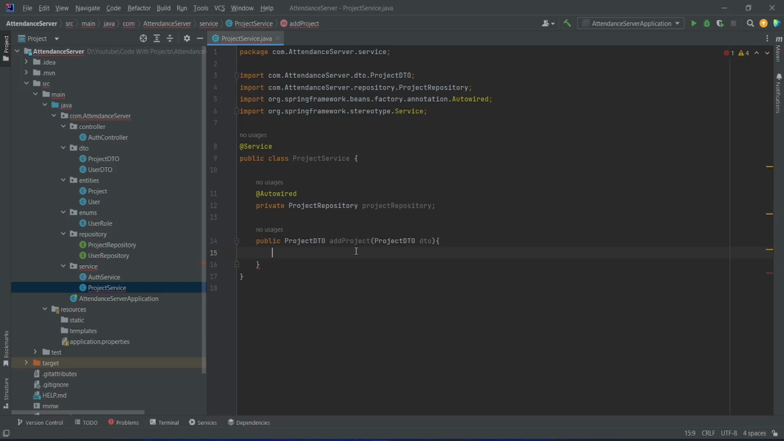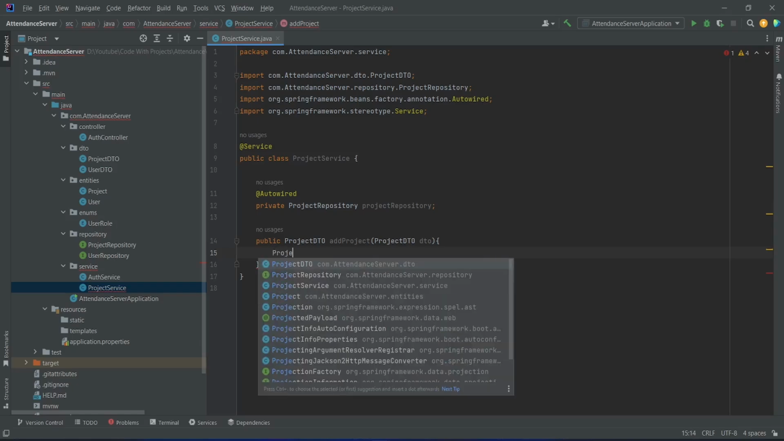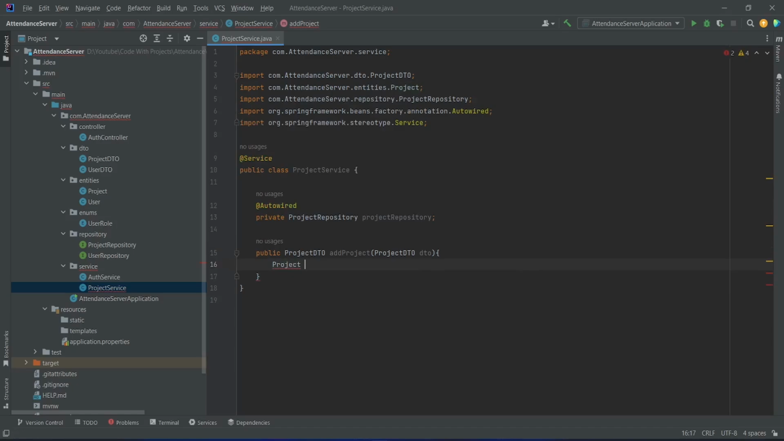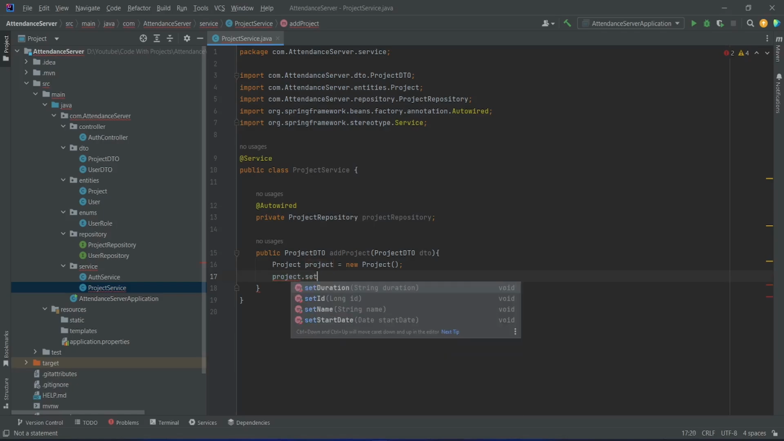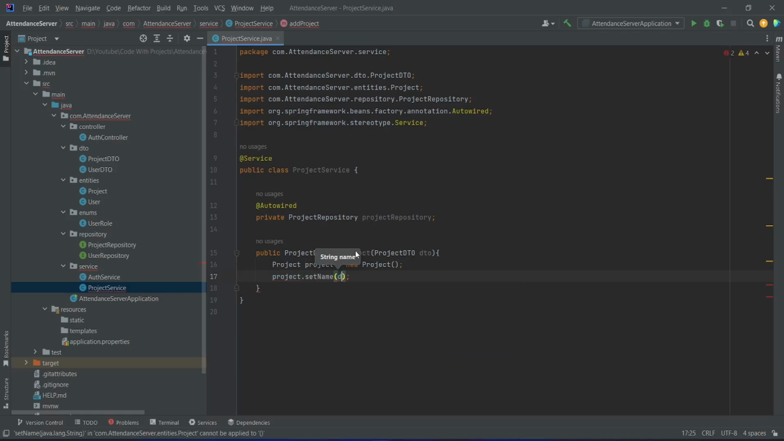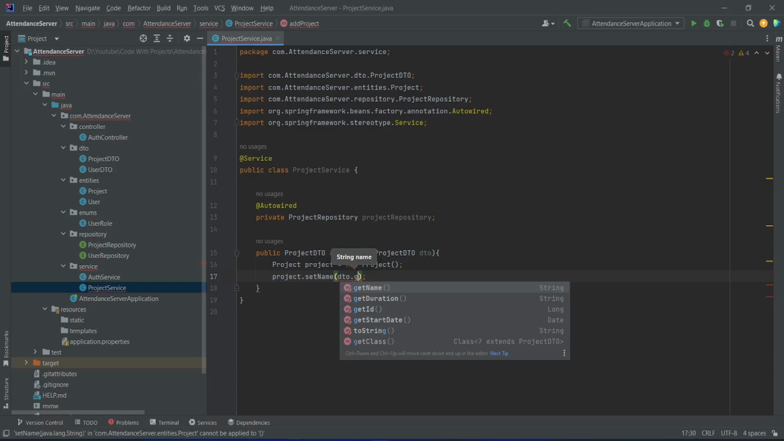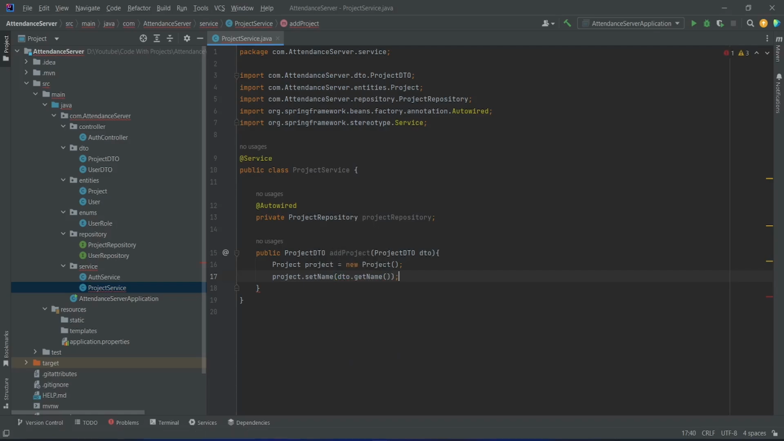So in the body of this method, first of all we will create a project, and we will name this as project, and we will initialize this with new Project. And after this we need to set the data, and to do this we will use this project, and first of all we want to set the name of the project, and to do this we will call a method setName, and then we will use our DTO, and we will call a method getName, and after the name we need to set the duration, and to do this we will write project, and we will call a method setDuration, and in this we will pass